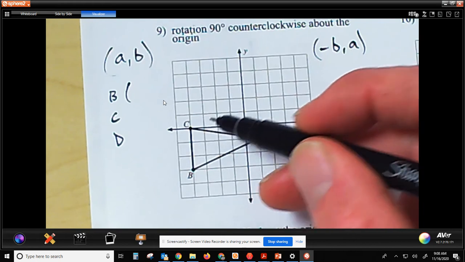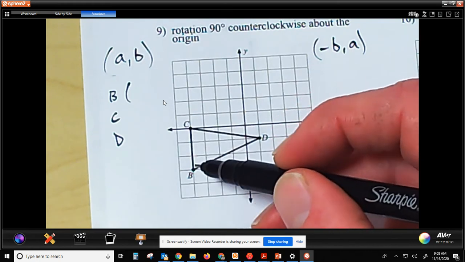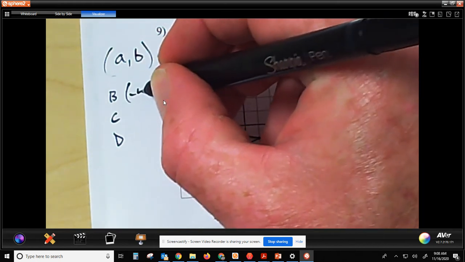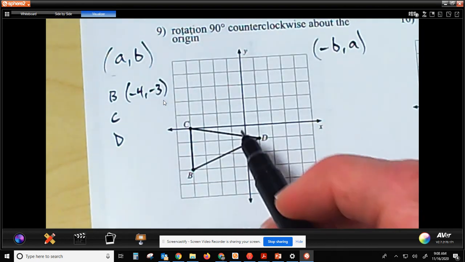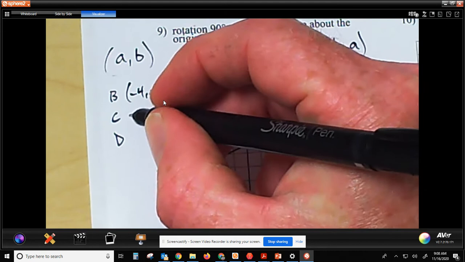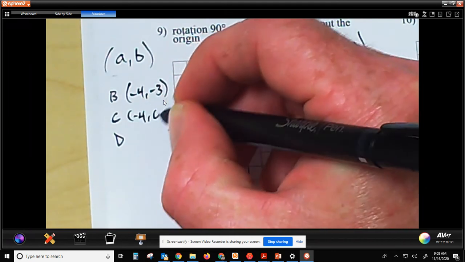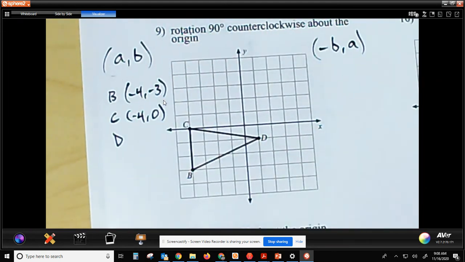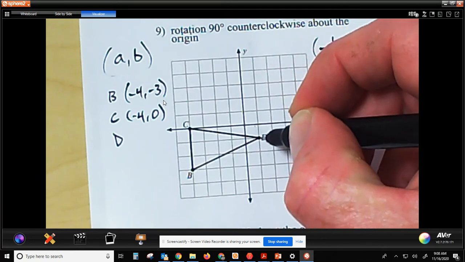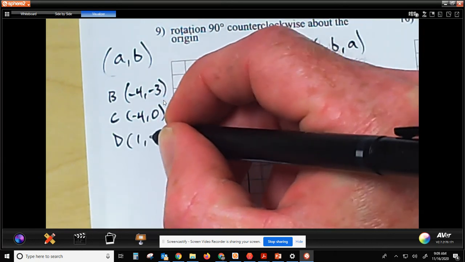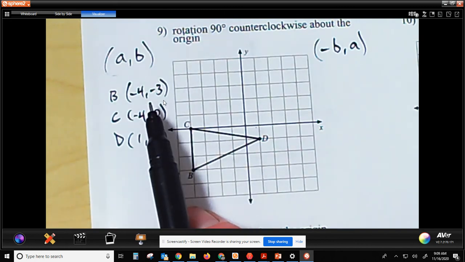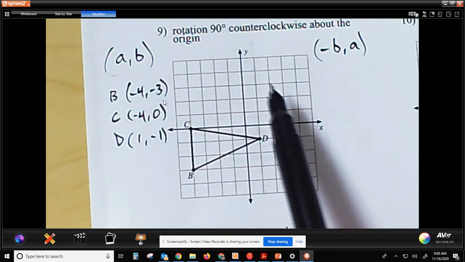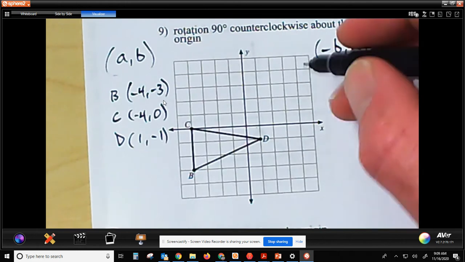1, 2, 3, 4. 1, 2, 3. Negative 4, negative 3 for B. 1, 2, 3, 4. Negative 4 comma 0 for C. 1, negative 1 for D. So if I switch their position and only change the sign of the first,